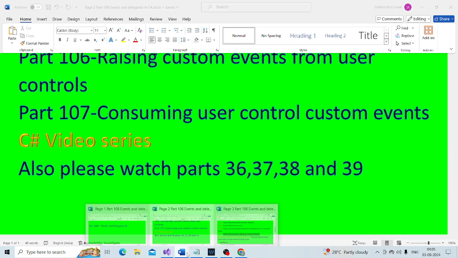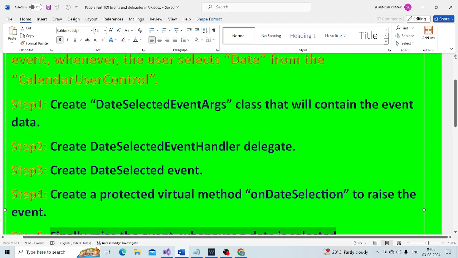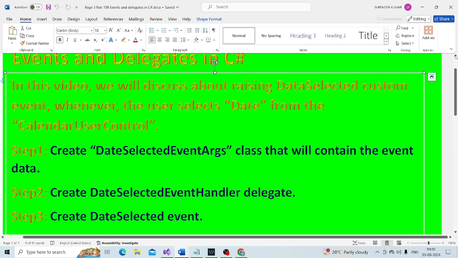So when do we want to raise the date selected event from the calendar user control?